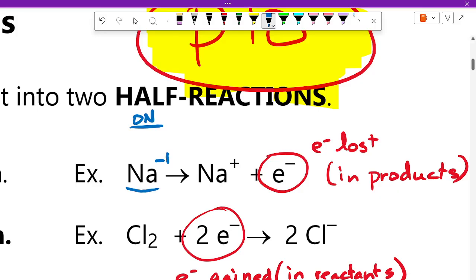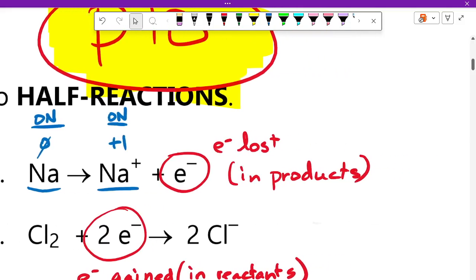Does it say negative? It doesn't say negative. It is 0. Any element on its own is 0. What is the oxidation number of sodium on the right-hand side? It is +1. Okay, so as we go from 0